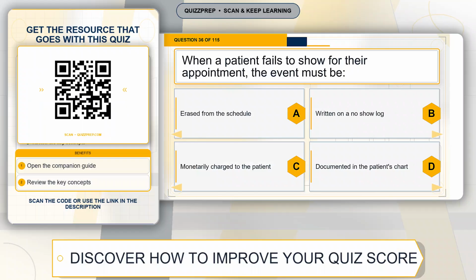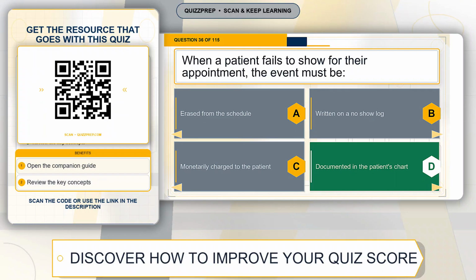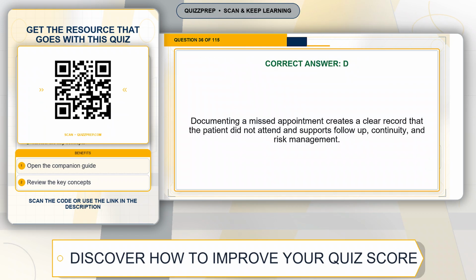Question 36. When a patient fails to show for their appointment, the event must be: Option A, erased from the schedule. Option B, written on a no-show log. Option C, monetarily charged to the patient. Option D, documented in the patient's chart. The correct answer is option D, documented in the patient's chart. Explanation. Documenting a missed appointment creates a clear record that the patient did not attend and supports follow-up, continuity, and